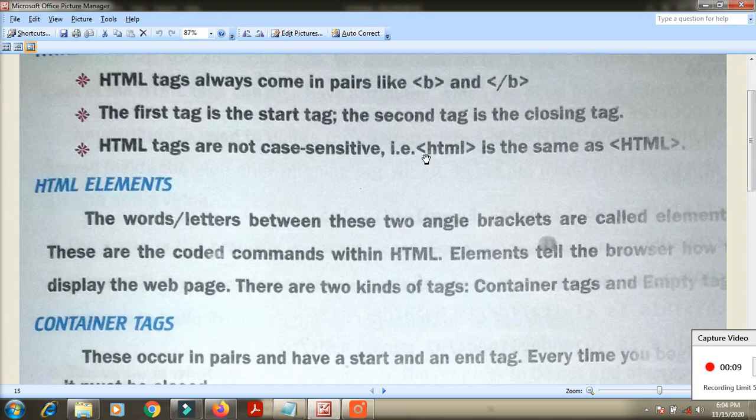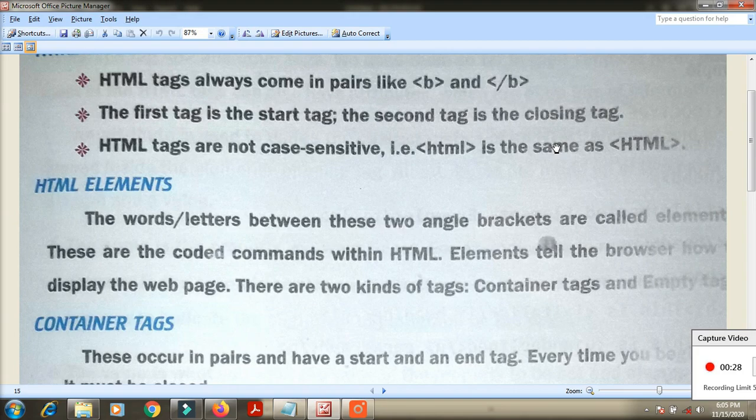That means the opening tag can be small letters and the closing one capital. It is not case sensitive. Whatever you give, the system will accept. Both opening and closing tags in capital or small letters is not a problem.